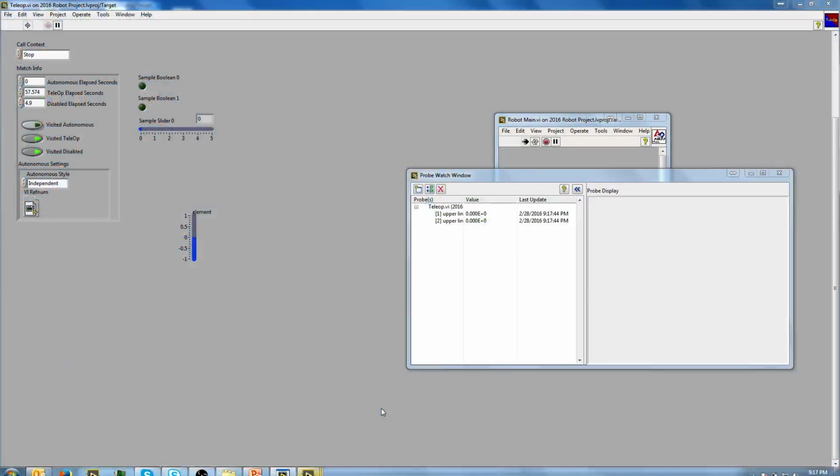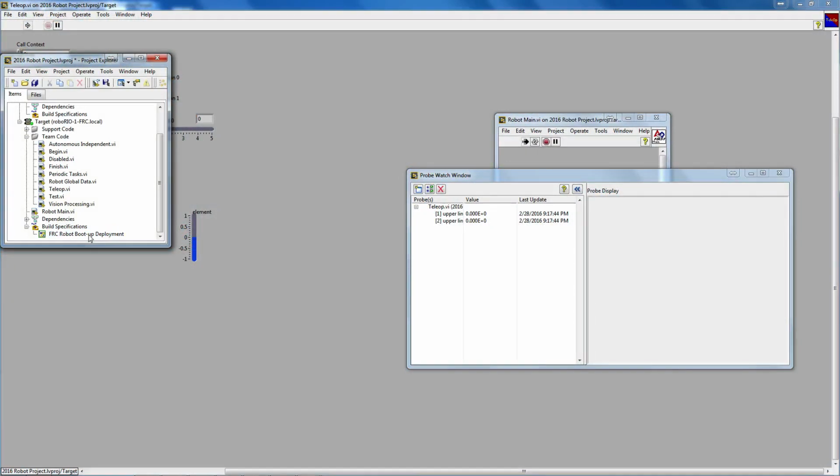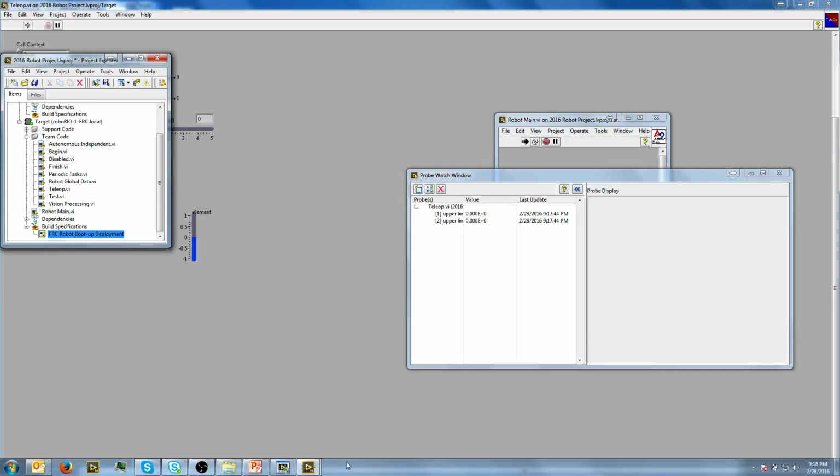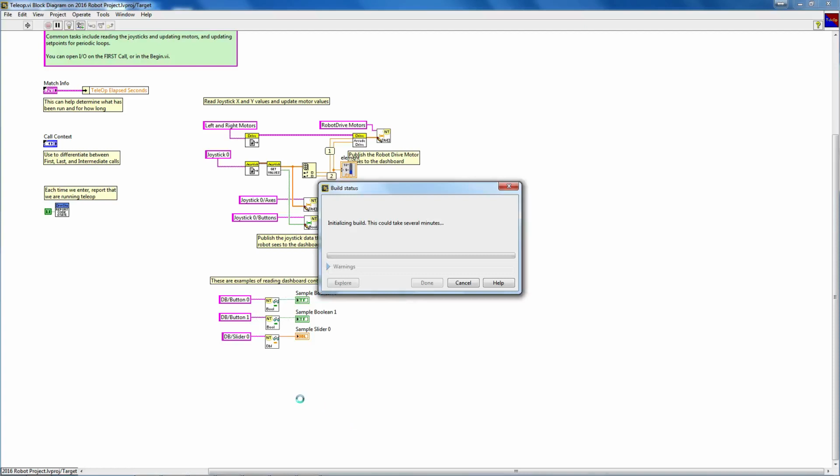Alright, so we finished debugging our LabVIEW program. Works the way we want. We go here under build specifications, right click, we do a build, and then we right click and run as startup after the build is complete. For any of you that are not familiar with the deploy process for LabVIEW programs, that's what you're going to do there. While that's running, I'm going to pull up the front panel again